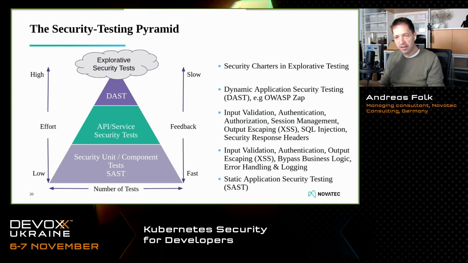So the baseline and the API checks could be easily integrated in your normal CI/CD pipeline. With every commit, you could possibly run that dynamic scanning behind the scenes. The full scan should only be done in nightly builds, because the full scan might run for 30 minutes or even hours, depending on how big your application is. And on the top level, you could also use it in explorative testing, by adding special security charters in the explorative testing part.